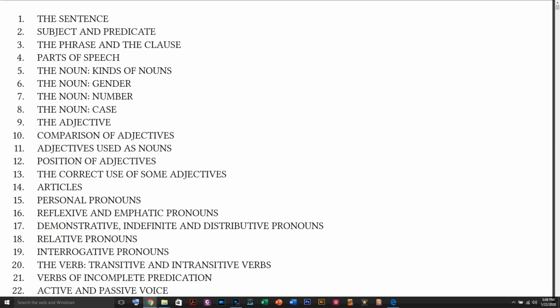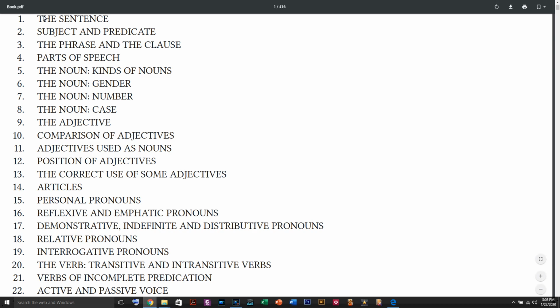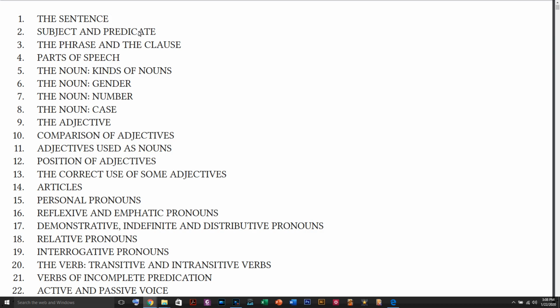So the first lesson will be the sentence. In this lesson, we will try to give you all the basic information about the sentence. The second lesson will be the subject and the predicate. So how you have to differentiate what is a subject, what is a predicate. And then the third lesson will be the phrase and the clause. Fourth lesson